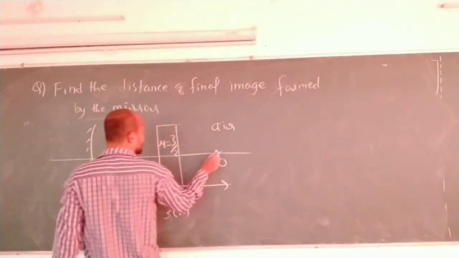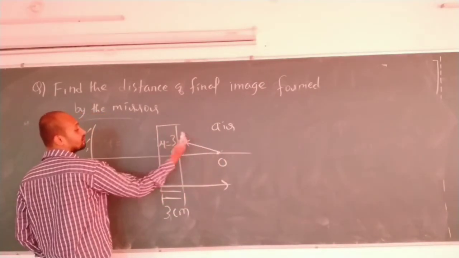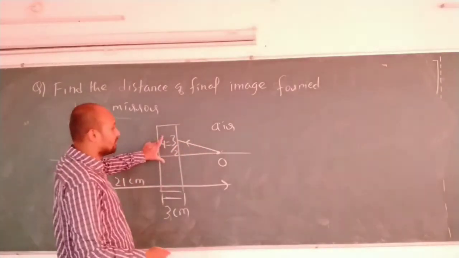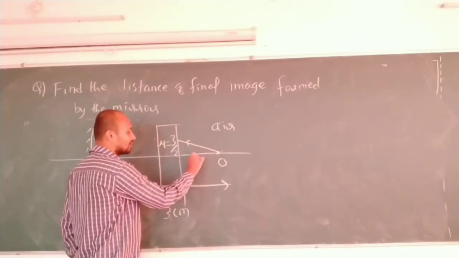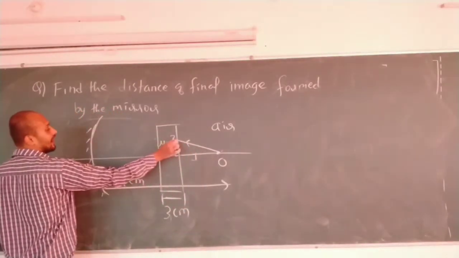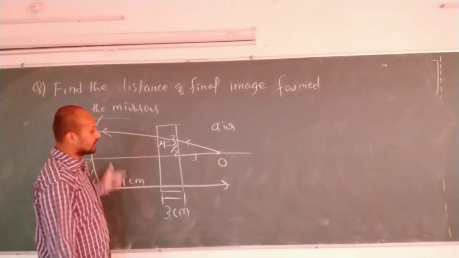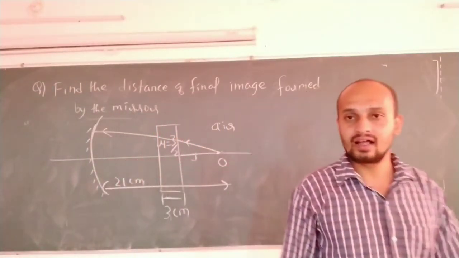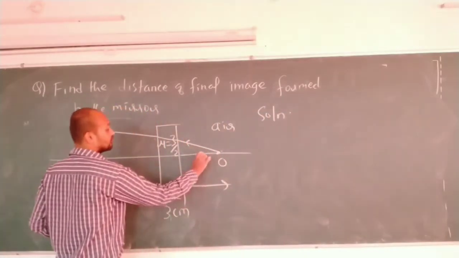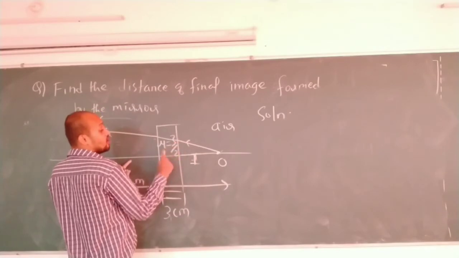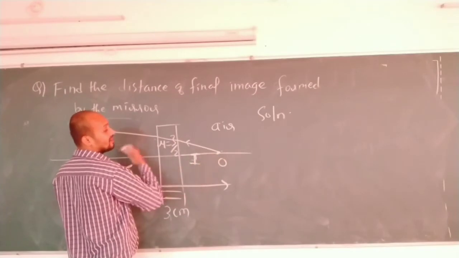See here, from the object one light ray has to go here. So when it goes here, some shift will happen towards this side because this slab... the direction of the traveling ray is this direction, 100%. For this object, some shift will happen. Correct now? After the shift happens, that light ray will go and get incident on the spherical mirror and it will come back. Now first I will find what is the shift. What is the shift of this object when it passes through this slab?